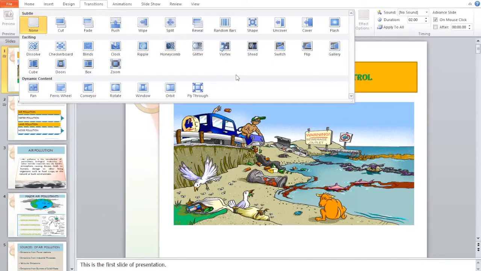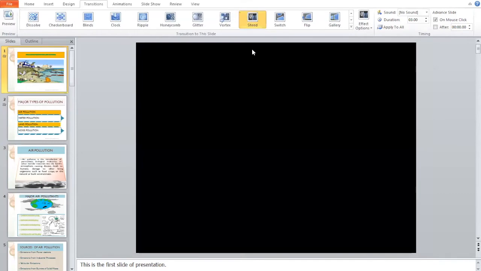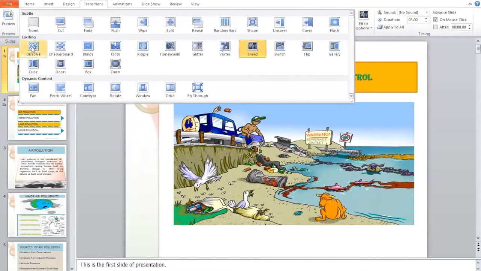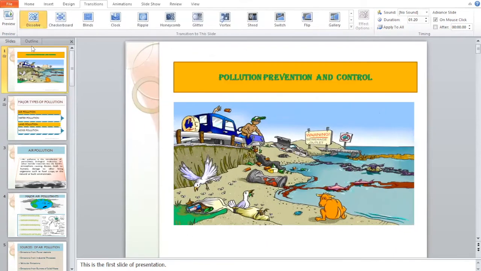Suppose we select this. Or we can select this. In this way, we can add any transition for a particular slide.